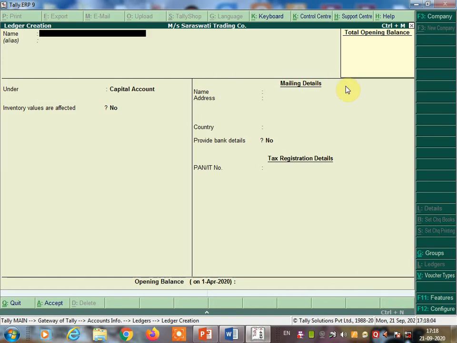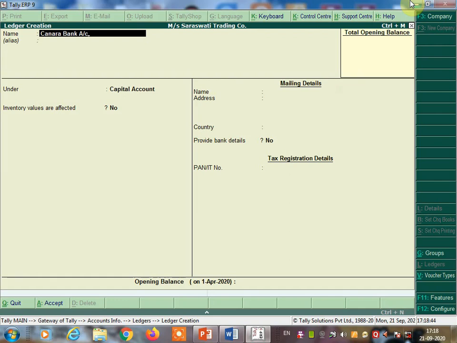Suppose you have deposited some amount into the Canara Bank. So the transaction entry will be given to you: cash deposited into Canara Bank 50,000 rupees. So how are you going to pass the entry? Bank account debit to cash account. So here cash deposited into Canara Bank, so bank account and cash account you are going to create. As you know that cash is by default, so no need to create a cash account. You can create a bank account, but if the bank name is mentioned in the transaction, then you have to write that bank name. Here it is mentioned Canara Bank, so you can write here Canara Bank account.